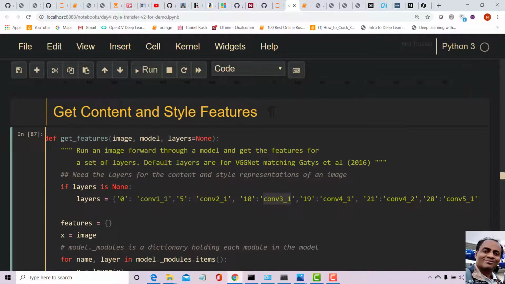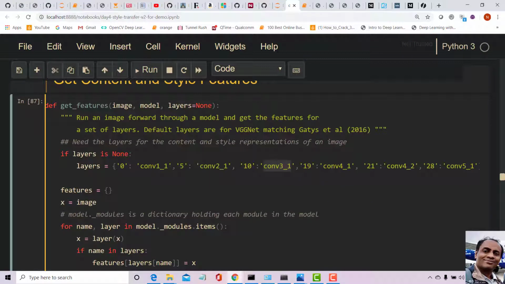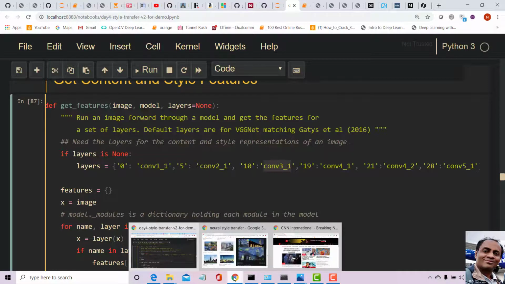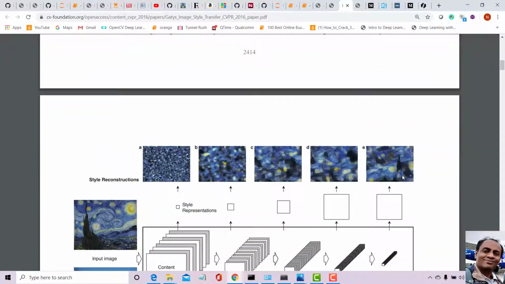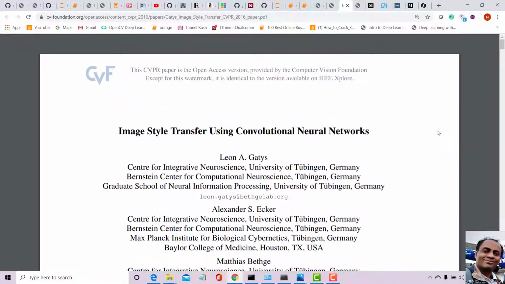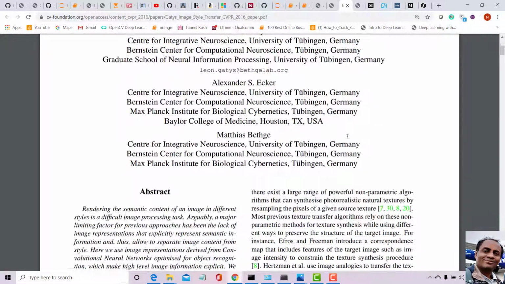Now let's understand the content and the style features. VGG19 has many layers, right? But we would be interested in only a few layers. Note that we are not going to do any image classification here. What we are doing is just extracting the style and the content of the image. In fact, I showed you this paper by Gatys, and please go through it.